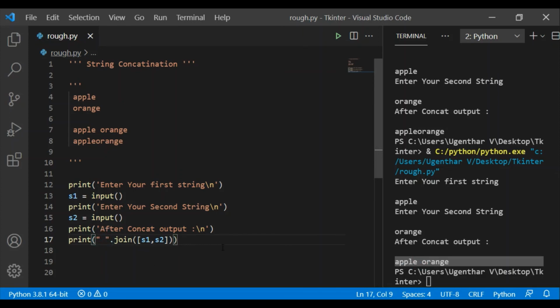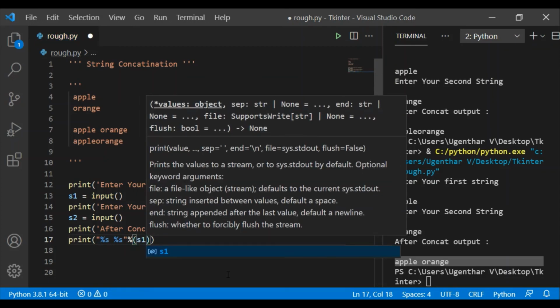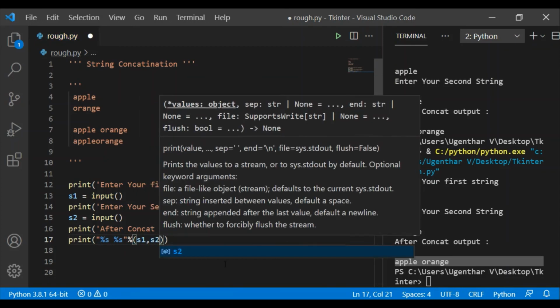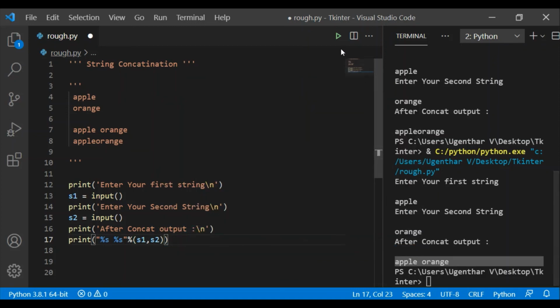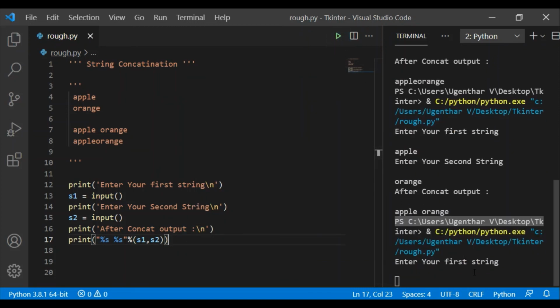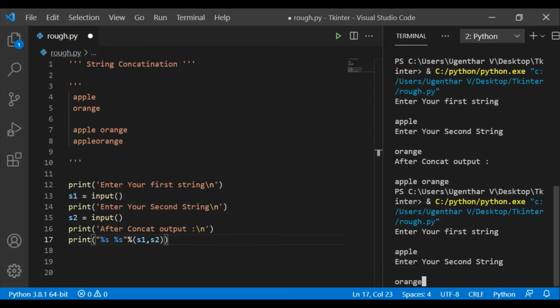This is another way of doing string concatenation, and we can also use another way, like this: percentage s, space, percentage s. After that, percentage, s1 comma s2. This is another way of concatenation. Let me run the code again. Like apple, orange.